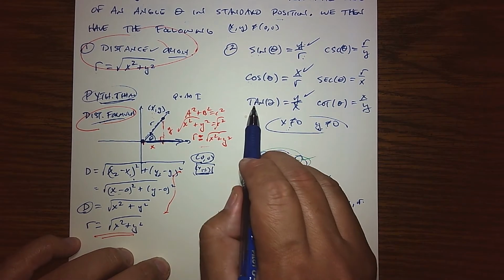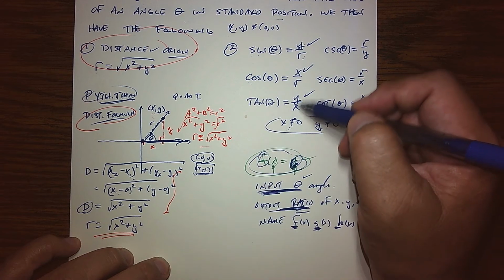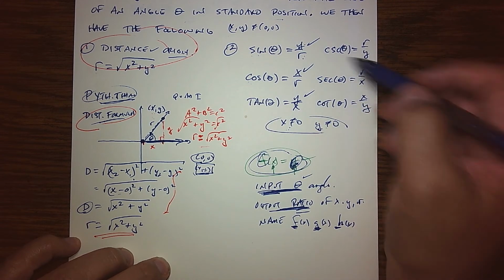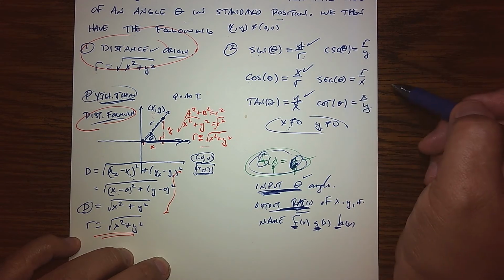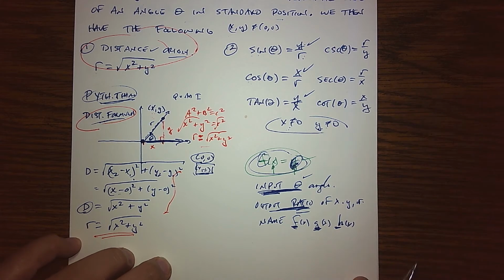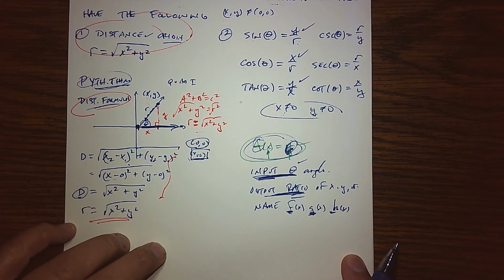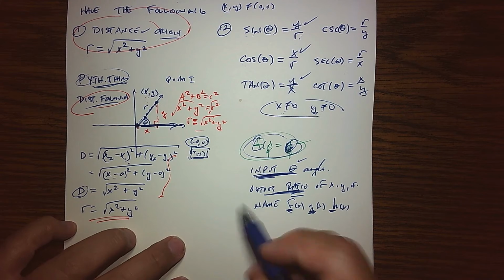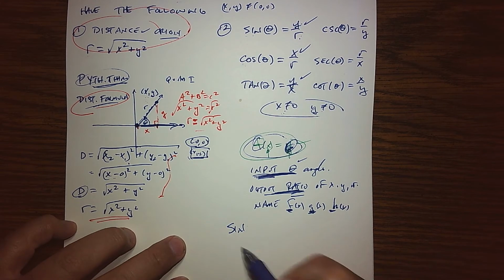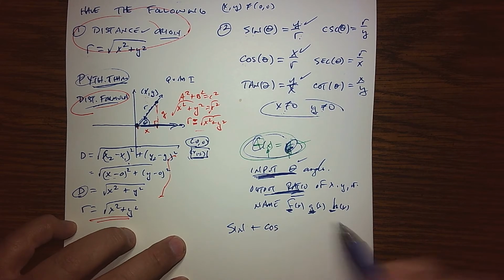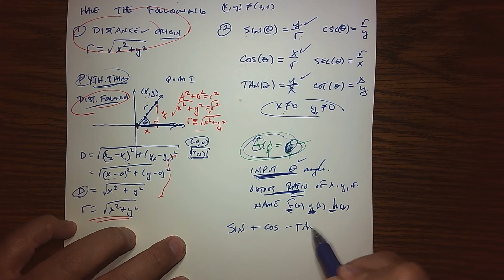And then the tangent of theta, we're talking about the ratio y to x. And I'll let you guys work out cosecant, secant, and cotangent respectively. And that's important because as you do work, and yes, I'm going to take points away for this, if you're showing your work and you're just writing sine plus cosine minus the tangent, I'm actually going to